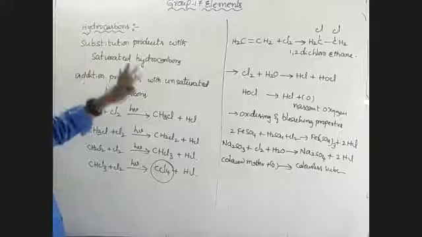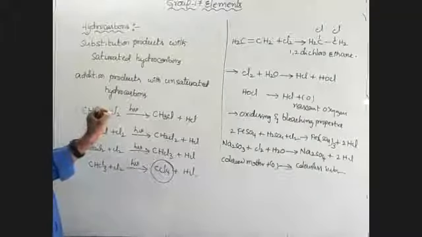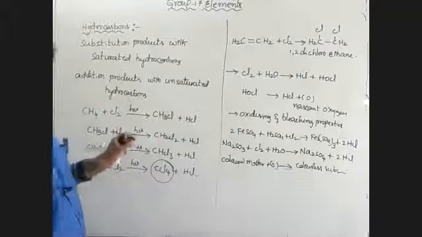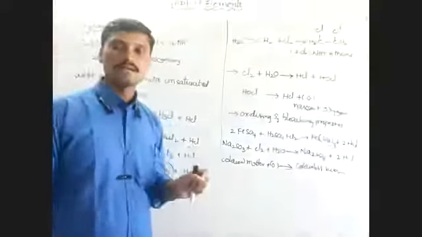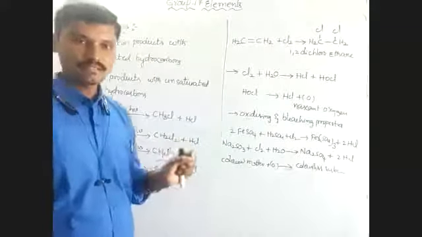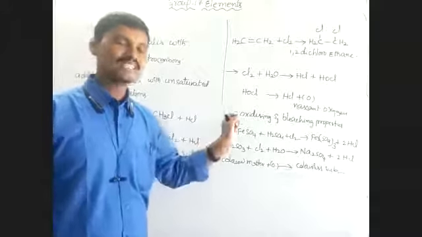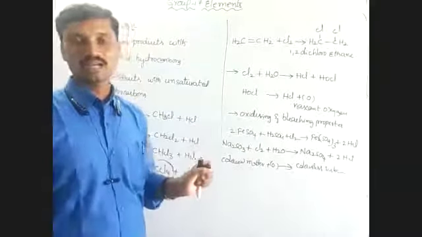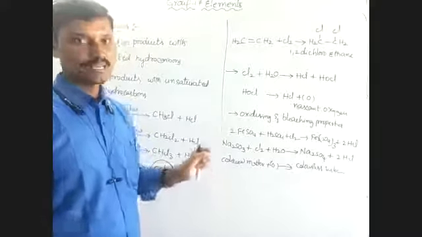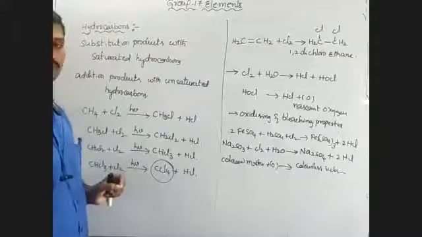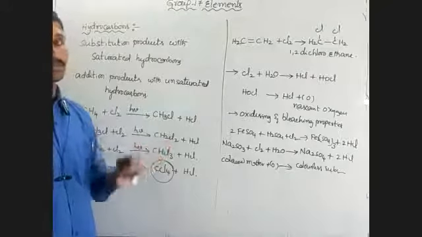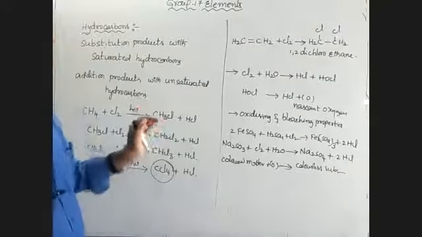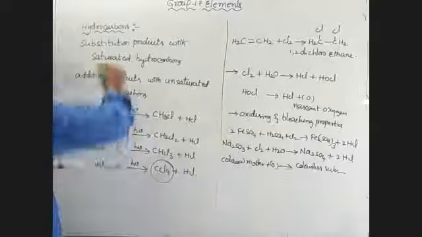These are all properties. It is very, very important. Formation of bleaching powder, when chlorine combines with dry slaked lime it forms bleaching powder, and reaction with ammonia, and reaction with alkali. Okay, reaction with hydrocarbons. These are reactions with metals and non-metals. These are all important reactions of chlorine.